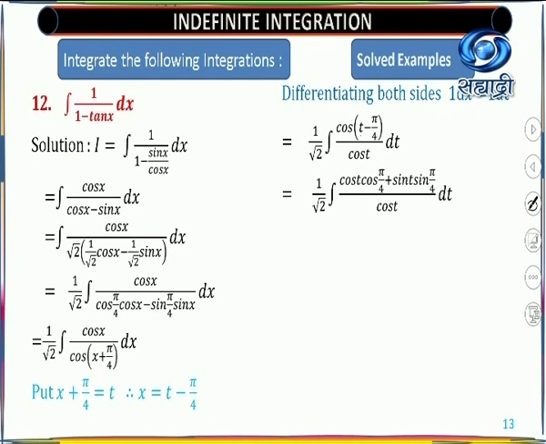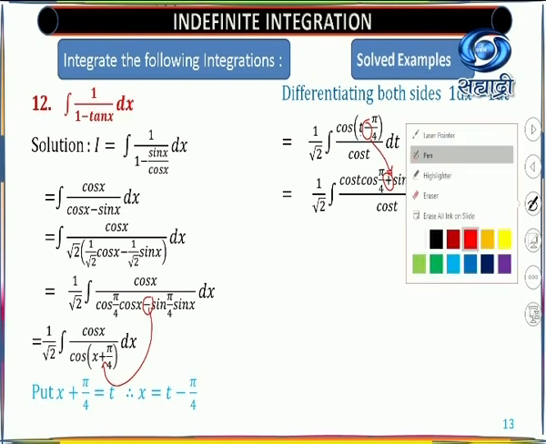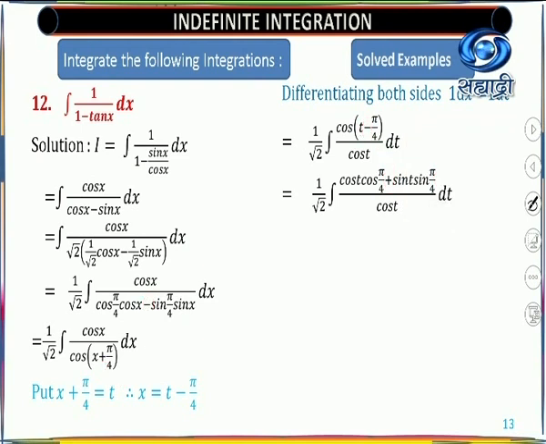Once you have expanded this, what will you get? Just now I told you, if the middle sign is minus here, you will get a plus sign in the expansion. If it is plus, then you will get a minus sign. Look here: if it is minus in the combined angle, you get a plus sign in the expansion. So we are using that. This way you have to keep the formulas in mind, because it is very difficult to understand the formula. So you will get 1 upon root 2.